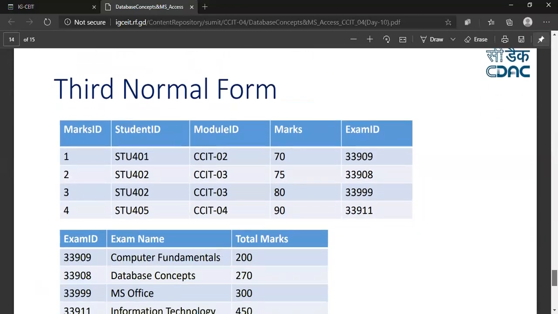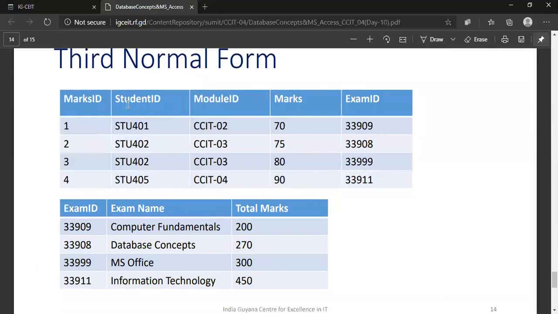Now see with the example. In this third normal form, we can say this table is in third normal form. How? We have marks ID, student ID, module ID, marks, and exam ID. Can we use student ID as a prime attribute here?